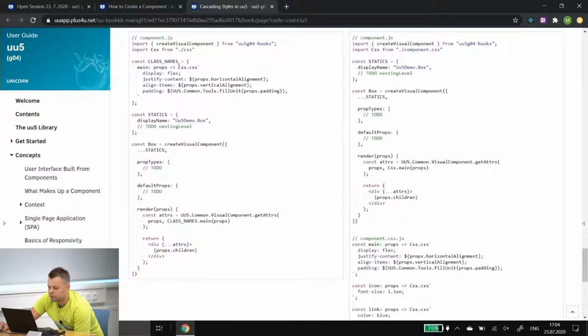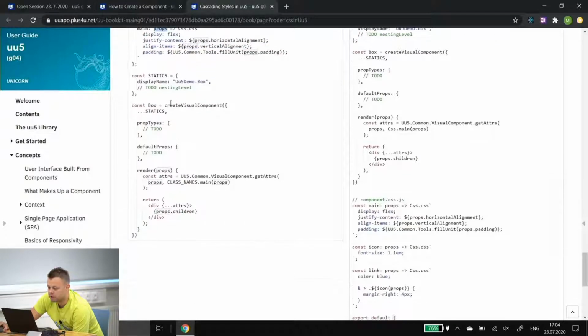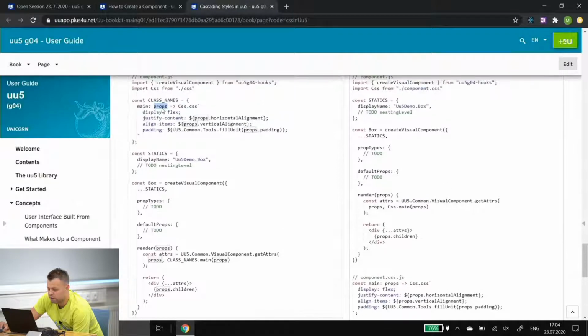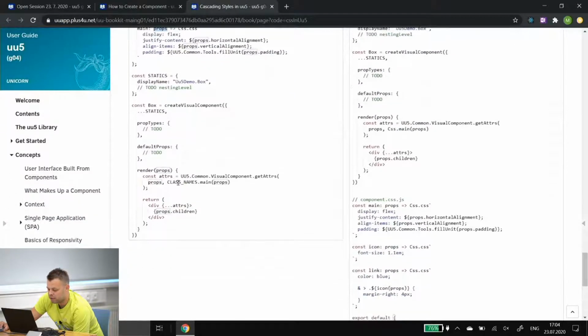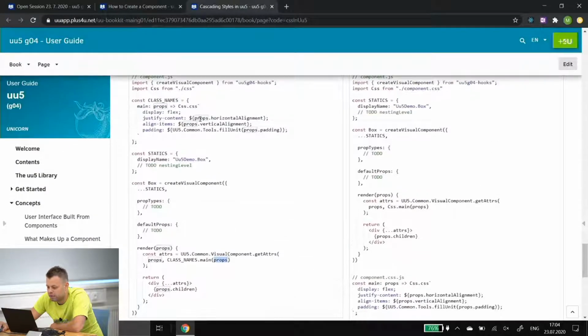So you have to call it as a function, and this function has to be called inside of the render. So I will call function as main, and I will call it inside of the render like this. And I can send there some props, and I can react on the props and show some